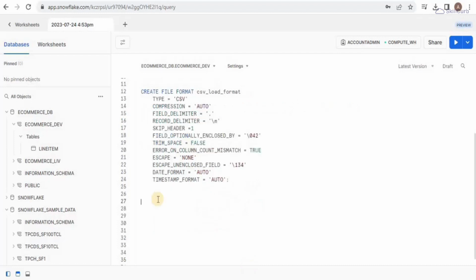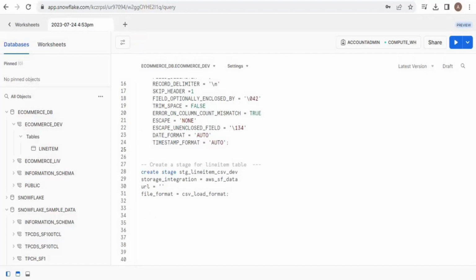format. Once your file format is created, the next step is to create a staging table. So typically, every table has its own stage, which refers to the specific location in the S3 bucket. Okay, so we are going to create the stage by using the command create stage. I am going to call it stage_line item_CSV_dev, defining that it is going to be a CSV file stage for the table line item. Then the next thing is to define the storage integration, and this is going to be the integration object that we created in the previous video, whose name was